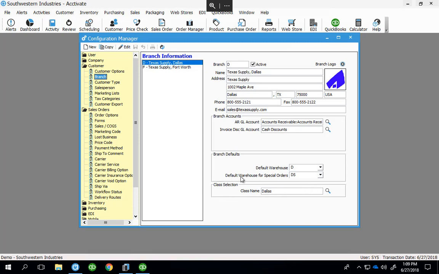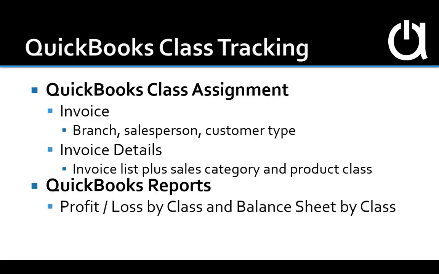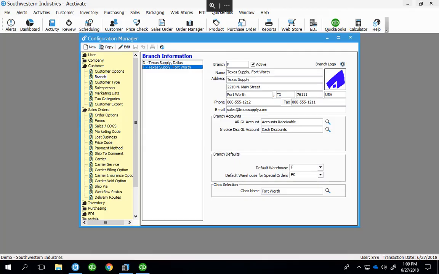So now if we save this and we go to customer branch, you can see here at the bottom this class selection. So if you've got it assigned to the branches, you would go through each branch and assign the QuickBooks class to each of those branches. So that way when you run a sync for those sales invoices, those invoices or those details will show on the QuickBooks reports. So in QuickBooks, you have a profit and loss by class as well as a balance sheet by class. And so what that does is that gives you the ability to run those reports, and you'll see the class across the top